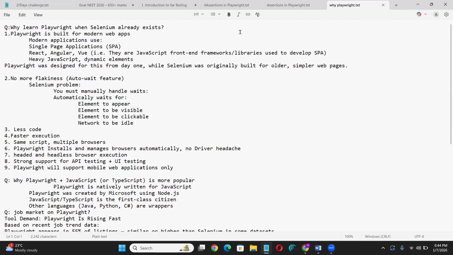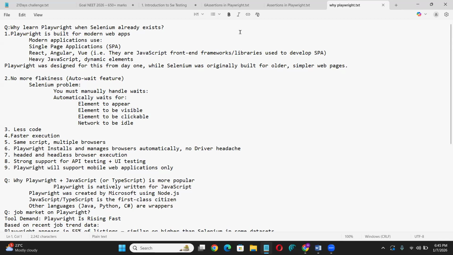Modern applications means single page applications, where the entire application is one page, and only a certain portion of the page can be refreshed. They use technologies such as React, Angular, and Vue. These are the technologies we can automate